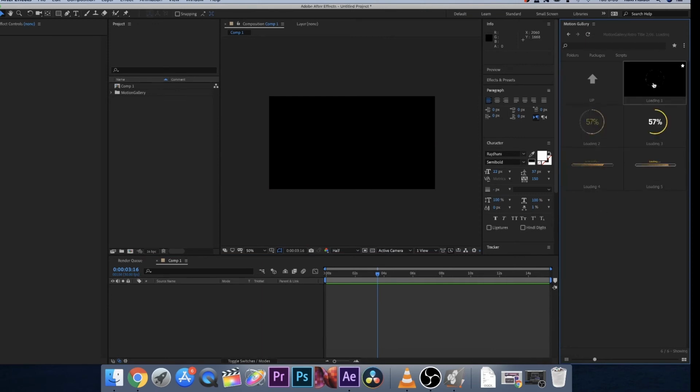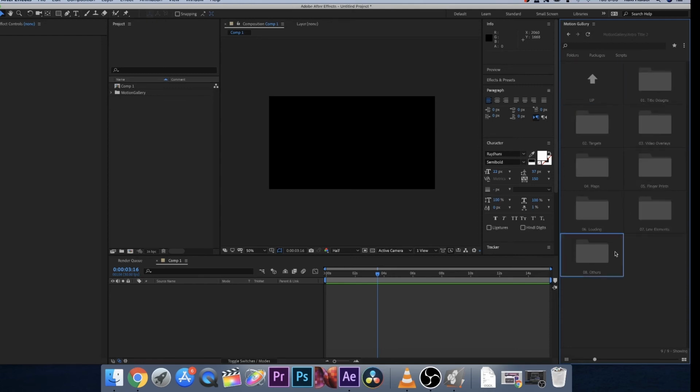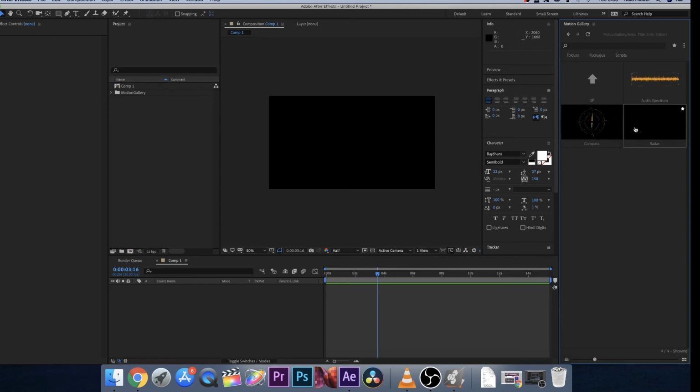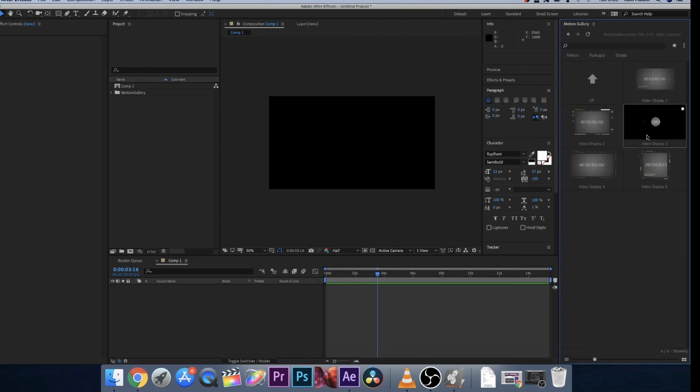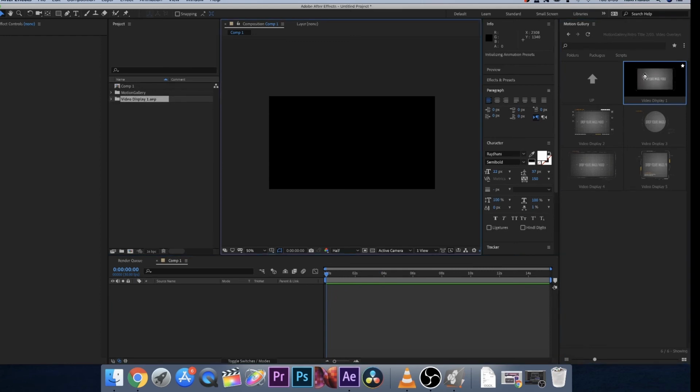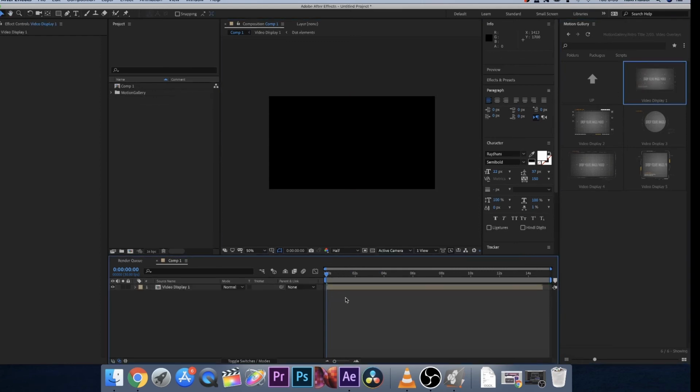Loading screen. Okay, and some others like compass, radar, or audio waveform. So all of these elements can be used by combining. And one more important thing is video overlay. So let's talk about this. So let's apply this in the timeline, and if I play that,